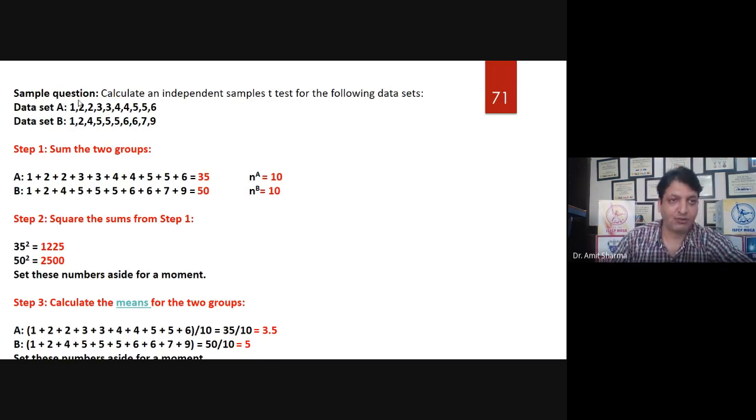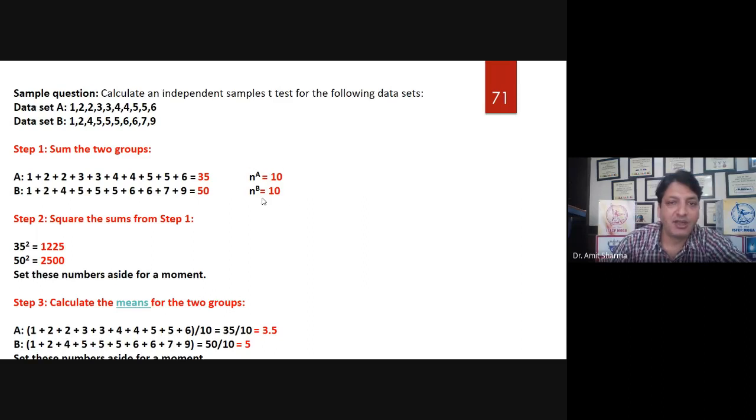So how to do it? Four different steps we have to follow to apply the stats on an independent sample t-test. First of all, we have to calculate the sum of both the groups. The sum of A was found to be 35 and the sum of B was found to be 50, and we know that both groups have 10 numbers.